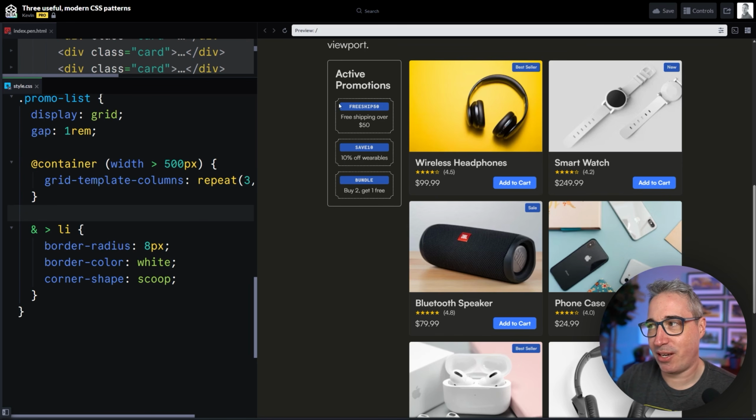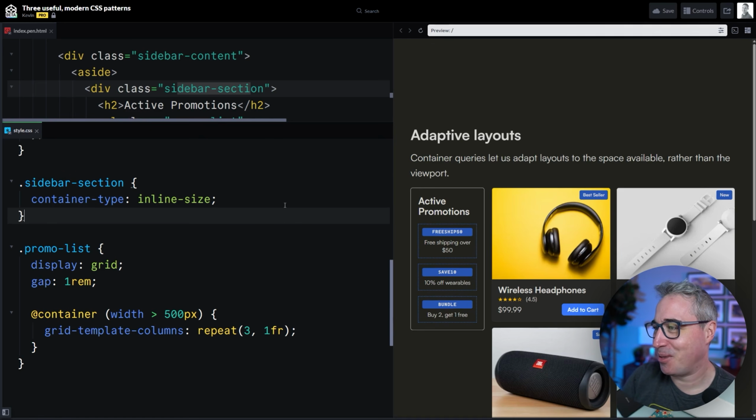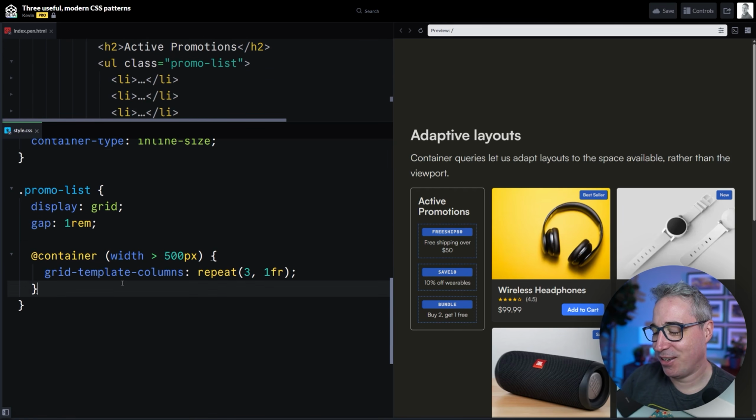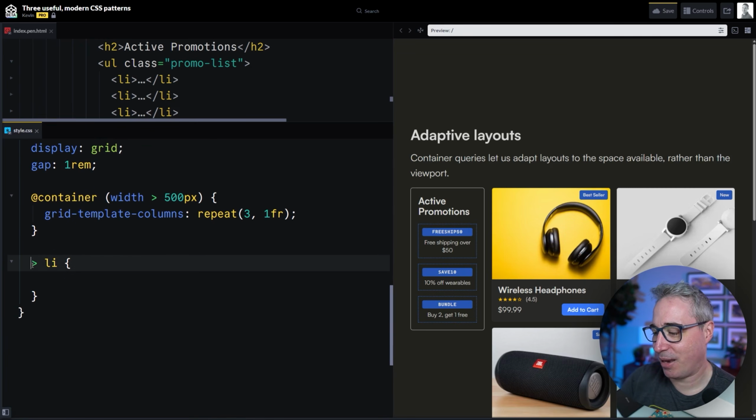Let's look at how we can do these little scoop out corners that are right here. 2 bonus tips. I mentioned a few things along the way though. Now we're going to get into the fun stuff. So on my active promos here, that's my promo list, and then these are just LIs inside. So I could say that the LIs that are direct children, which I had the ampersand before, so I'll use the ampersand again here,